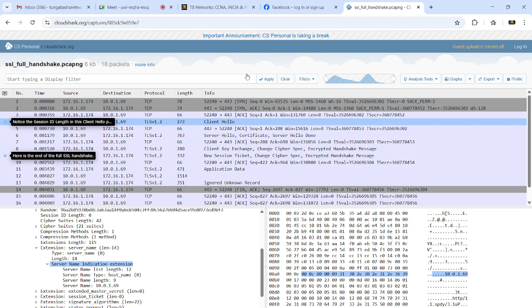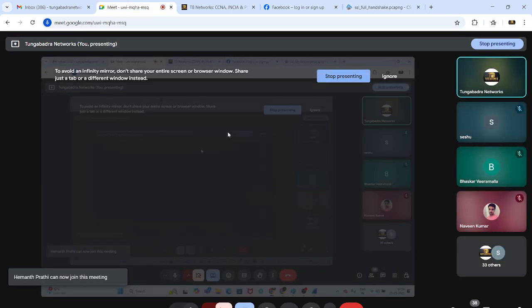Okay, do you have any questions or queries? Yeah guys, any questions or clarifications on this SSL handshake?